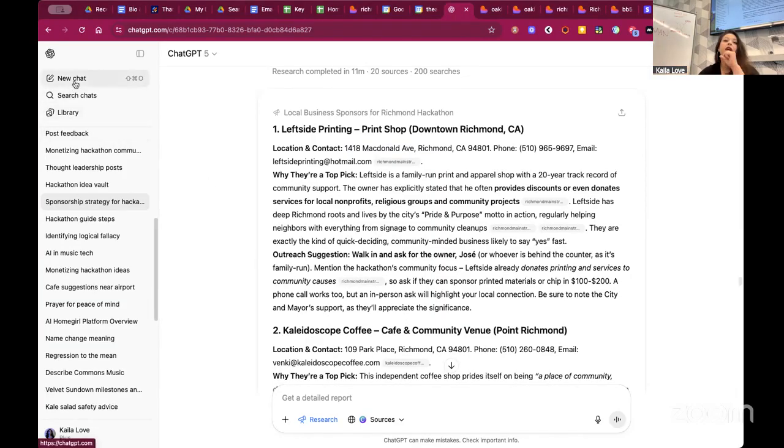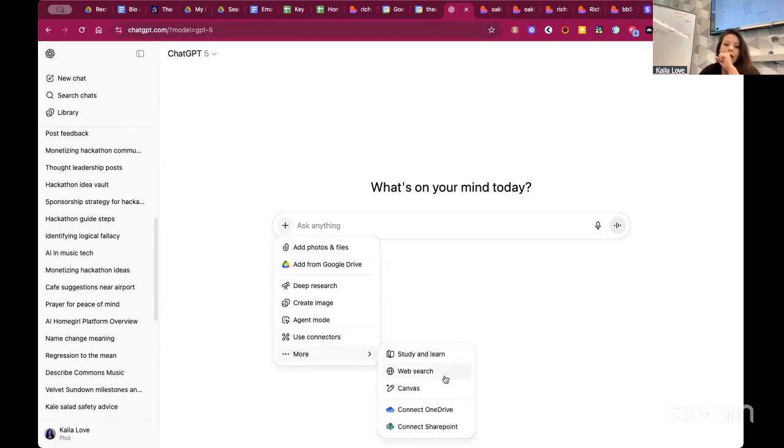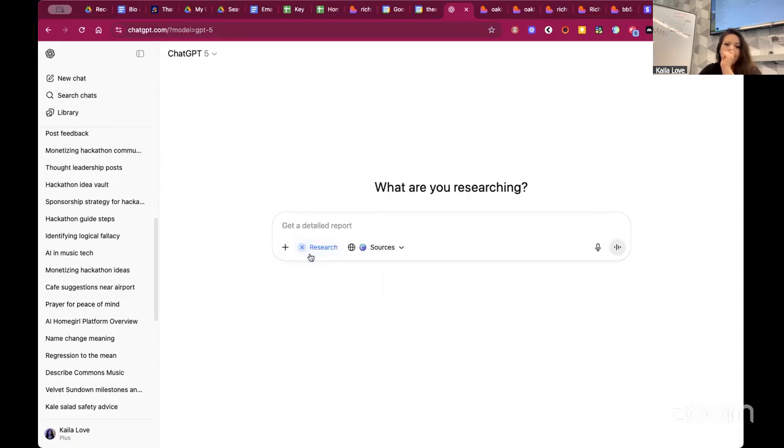If you want to do deep research, I think it's only available on the paid plan, which is like $20 a month, but you basically go here and go to deep research. I get like 30 deep research prompts a month, but we use regular ChatGPT when we're running our ideas through the design thinking model. Deep research is when you want to hone in on super specific things. And depending on the complexity of your prompt, I've had deep research prompts take 3-4 hours to generate a report because it can get really granular.